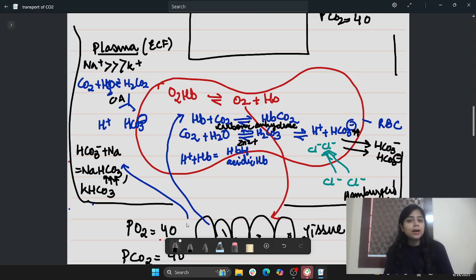The carbonic anhydrase is present both in the plasma and also in the RBC. Inside the RBC, the amount of carbonic anhydrase is significantly high. Therefore, the bicarbonate ion formation will also be in tremendous quantity, forming a gradient. Gradient means inside the RBC there is a high level, and outside the RBC, that is in the plasma, there will be a lesser level. So what happens? The bicarbonate ions move from high to low. That's what happens in the transportation of the bicarbonate ions.